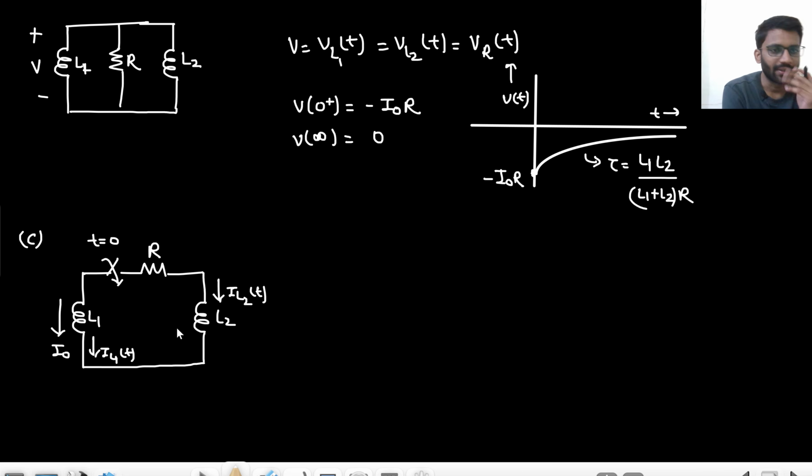So tell me what is happening initially. This inductor is saying I will have I naught current. This inductor is saying I will have zero current. Both are connected in series or parallel? Both are connected in series. This is saying I will have I naught current, and this is saying I will have zero current. Can that happen? No. At t equals 0,